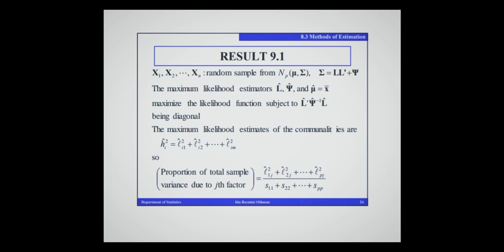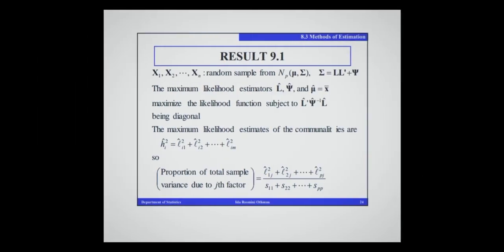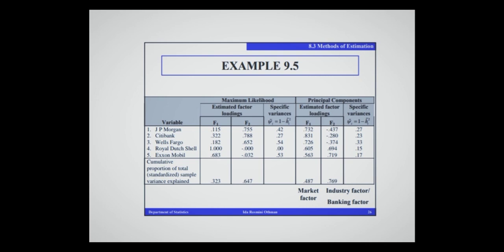If we use big sigma to find the lambda, and if we use rho, which is the correlation matrix, it will be the communalities divided by p, which is the total standardized variance. Okay, it will be p. That is the only difference. And then remember, when you make this table,